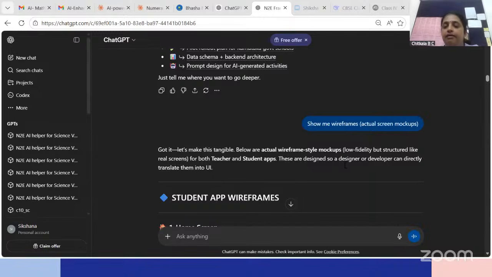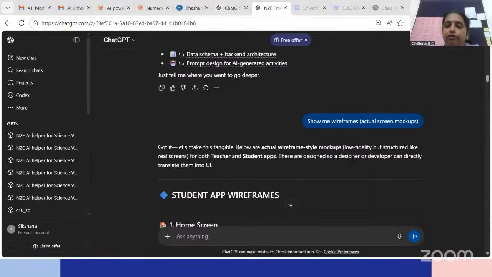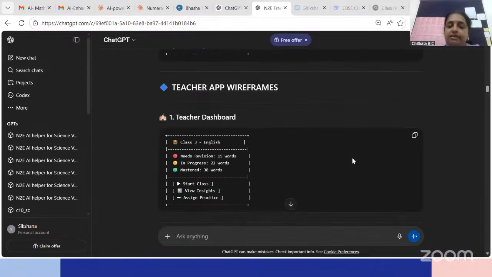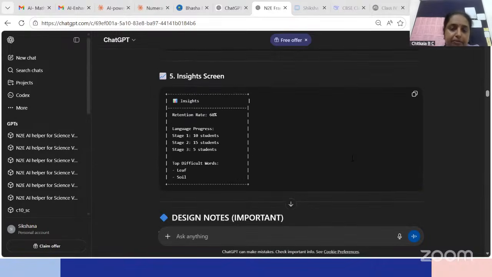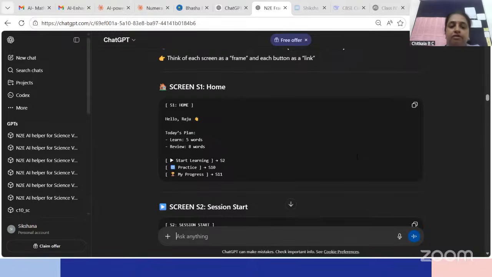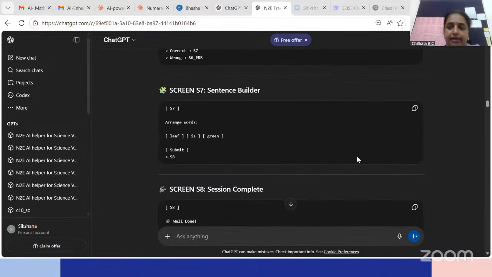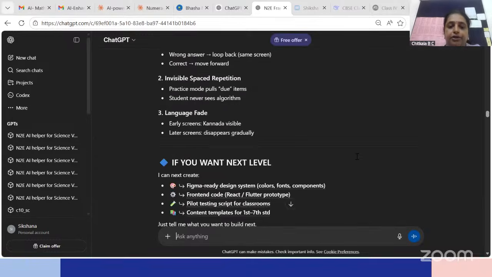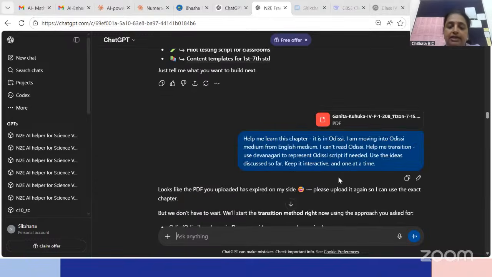And yes, I also asked for wireframes, and it is able to create the wireframes. When I ask it to give me the complete code, it is able to give the complete code. Okay. Create a clickable prototype flow, that also it was able to create. So these are many formats in which, as a teacher also, I'm able to use it.